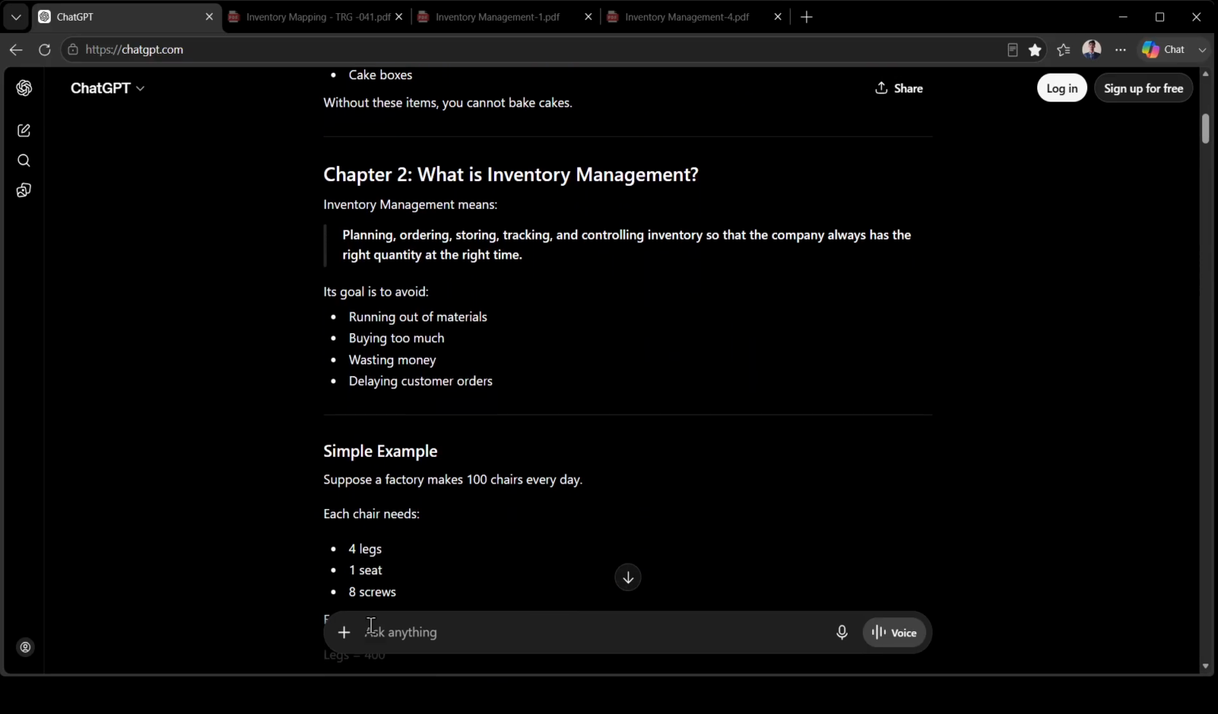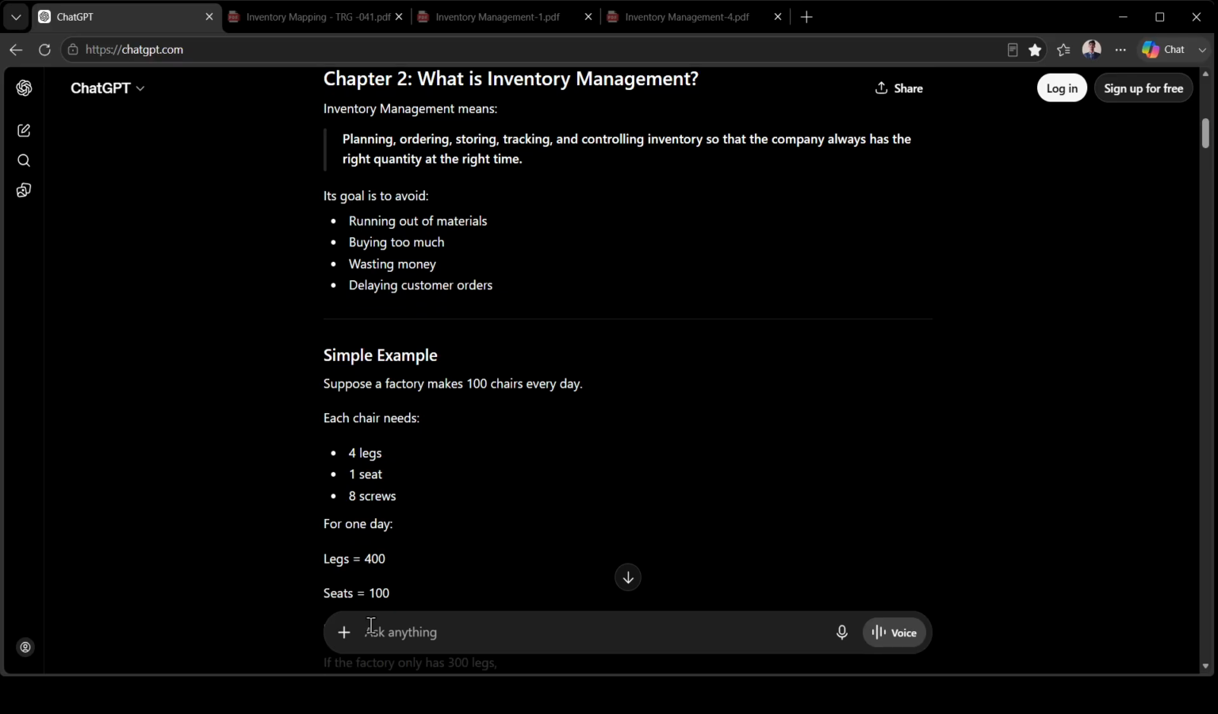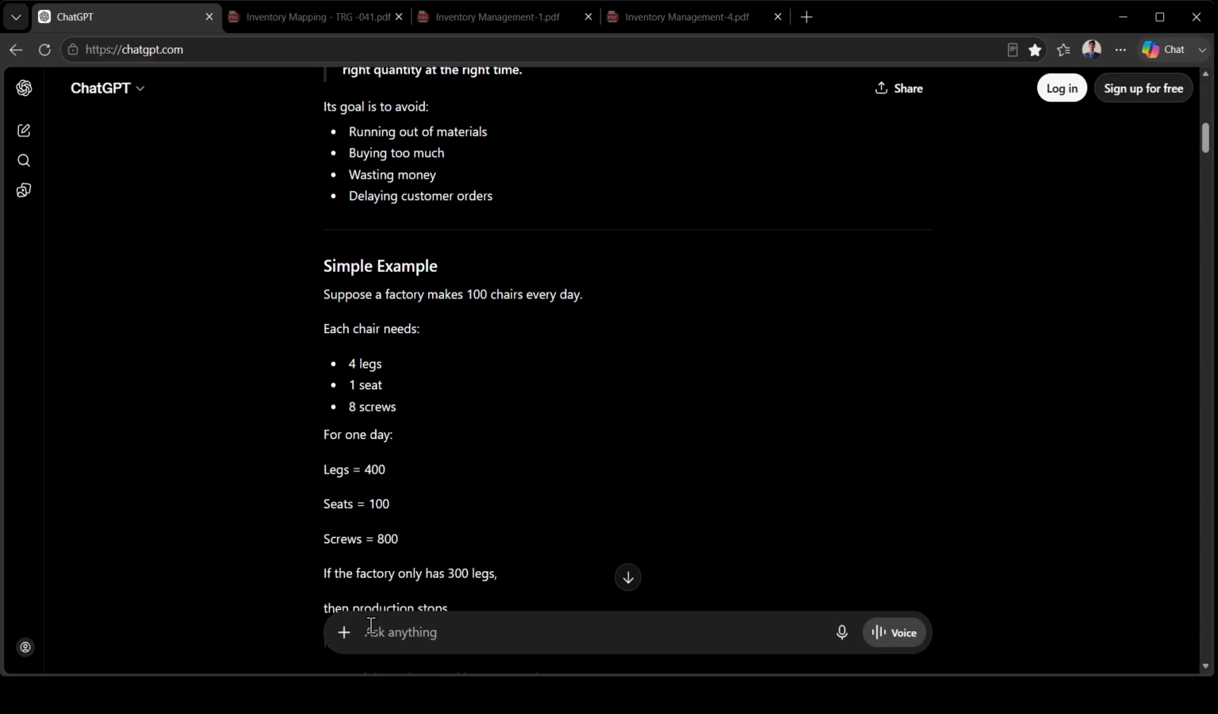In chapter 2, what is inventory management? Inventory management means planning, ordering, storing, tracking and controlling inventory so that the company always has the right quantity at the right time. Its goal is to avoid running out of materials, buying too much, wasting money, and delaying